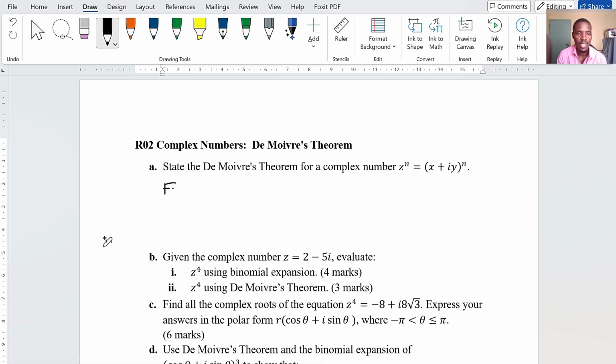Now we can state it by saying for any complex number in polar form, Z equals R into cos theta plus I sin theta,